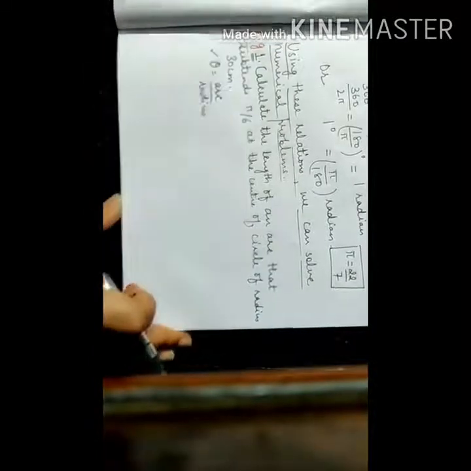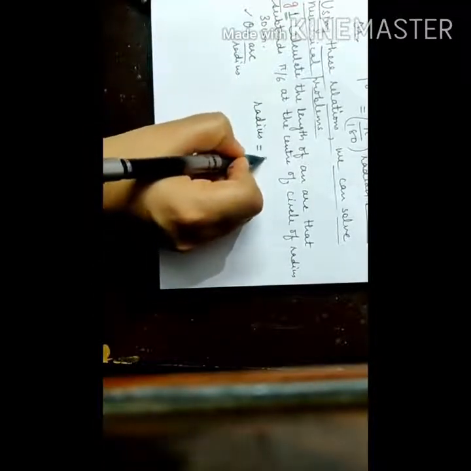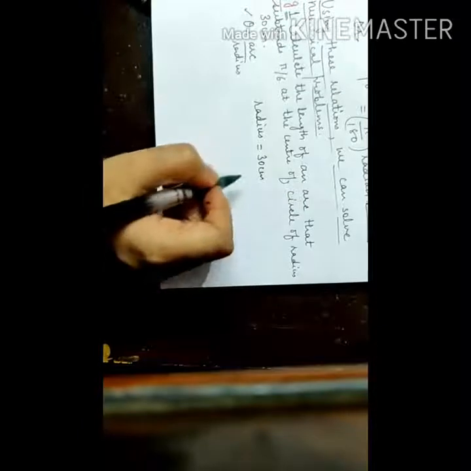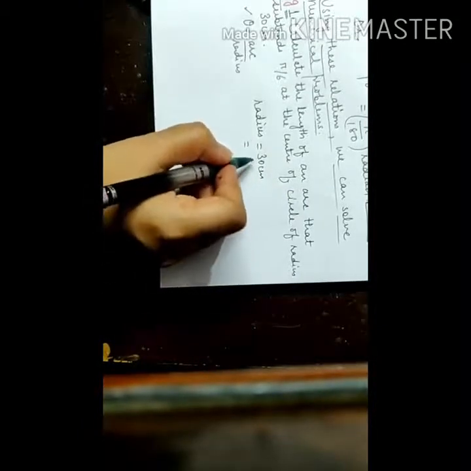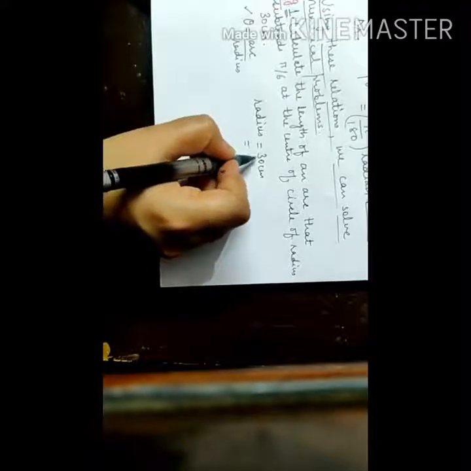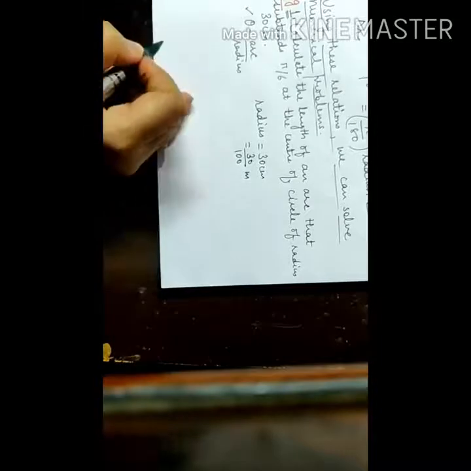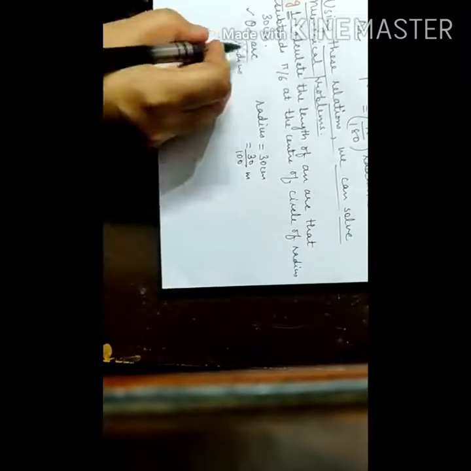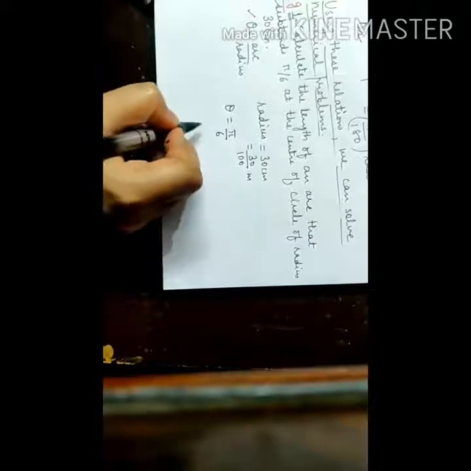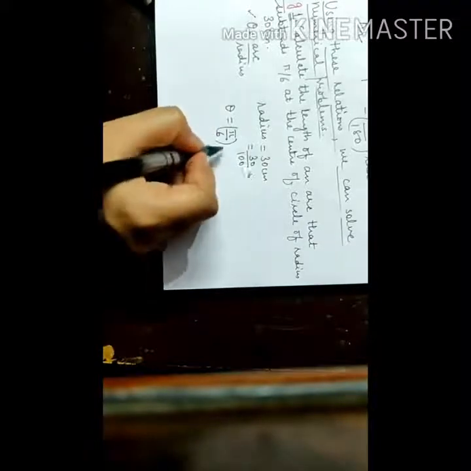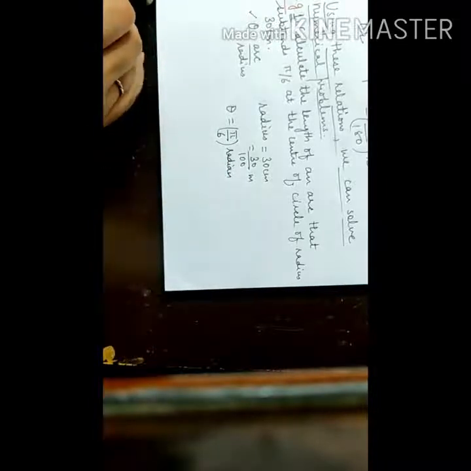Now for doing this question, we are given the radius is equal to 30 centimeter. It is always good to convert in SI system of units. In SI system, length is equal to meter. Then 30 by 100 meter. Radius is equal to 30 by 100 meter. Then coming to angle, what is given? Angle given is pi by 6. Obviously given in the terms of pi, then it is equal to pi by 6 radian.